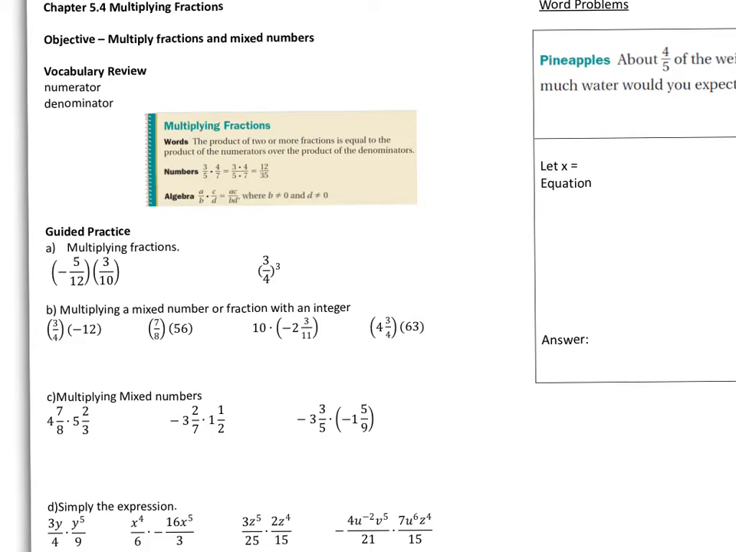5.4, multiplying fractions. To multiply fractions, we simply multiply the numerators and then the denominators and simplify the final answer. And here, this is already in simplest form, 12 over 35. And the algebraic representation for this would be a over b times c over d equals ac over bd, where b cannot equal 0 and d cannot equal 0. Okay. For part A, multiplying fractions,